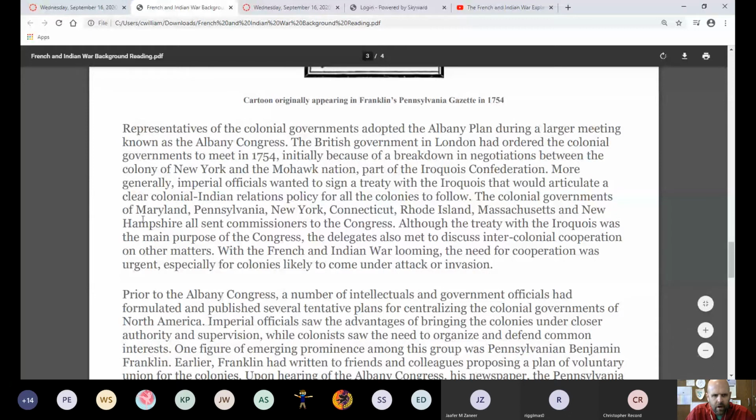The colonial governments of Maryland, Pennsylvania, New York, Connecticut, Rhode Island, Massachusetts, and New Hampshire all sent commissioners to the Congress. Although the treaty with the Iroquois was the main purpose of the Congress, the delegates also met to discuss intercolonial cooperation on other matters. With the French and Indian War looming, the need for cooperation was urgent, especially for colonies likely to come under